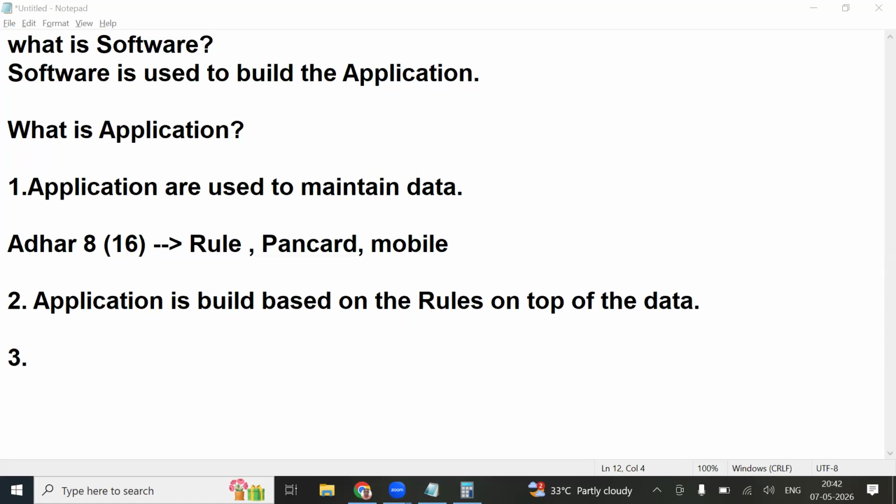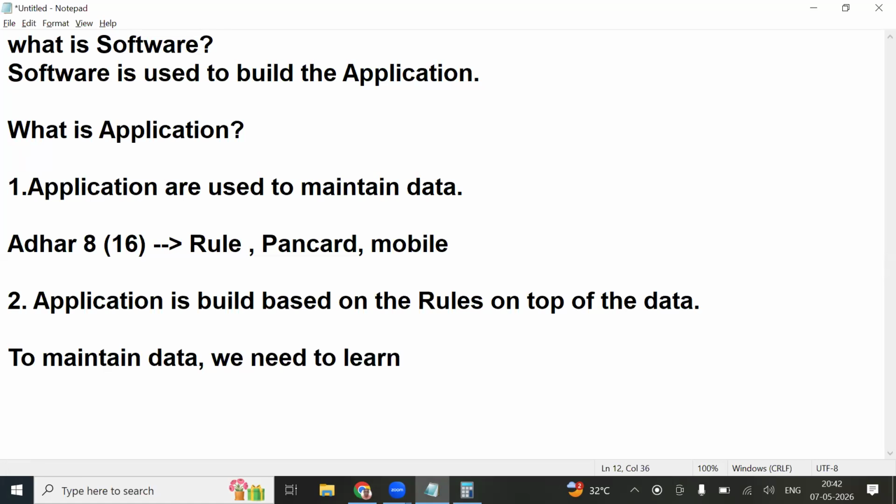Now, to maintain data, we need to learn Full Stack .NET.